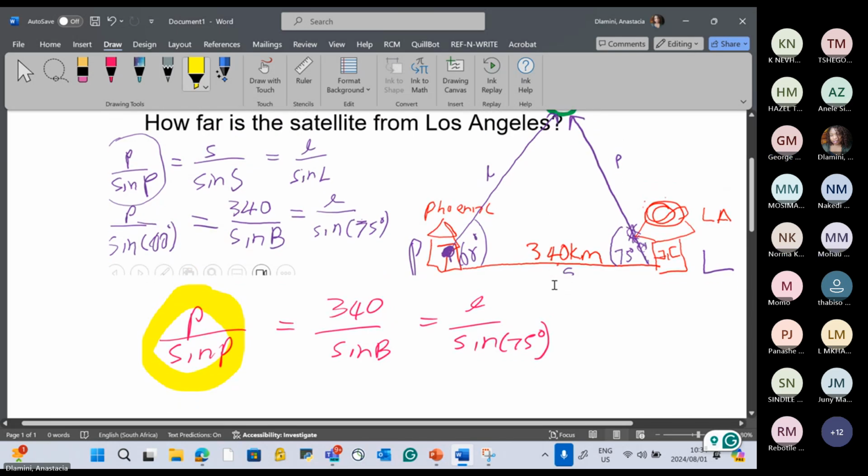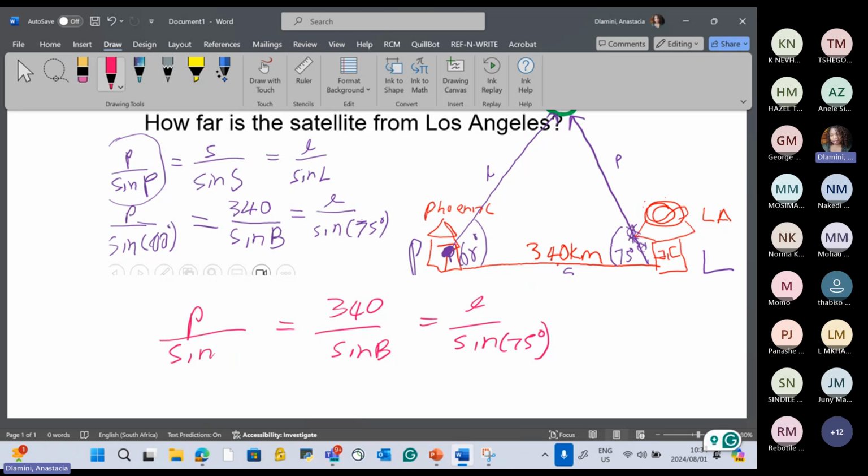Yes, ma'am, because it's what we are looking for. Sorry, here we were supposed to say sine of 60 degrees. Now, between this one here and this one, which one do we keep? It is based on whether you are able to find the information that is missing. Then you decide which one to keep. Are we all together? So if you are confused, write all of them and then go back and say,